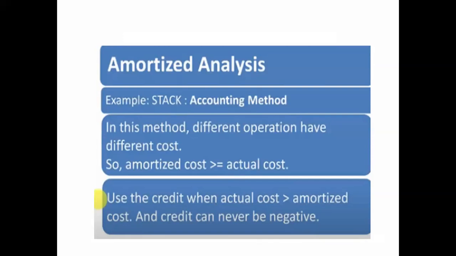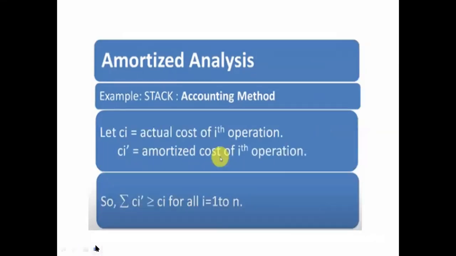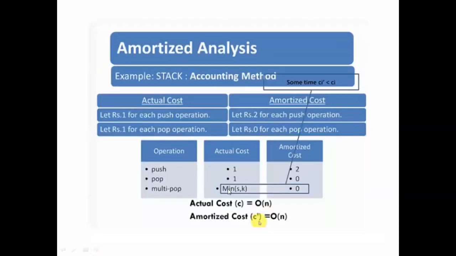If the amortized cost is less than the actual cost, then use stored credits to make up the difference. So here we have to use stored credit when the amortized cost is less than the actual cost to make up the difference. The push operation has one cost, so an additional one is stored as credit with the pushed element. There is always enough credit to pay for each operation. The pop operation also uses one. The complexity is big O of 1 for one element, and for n elements big O of n. Okay.